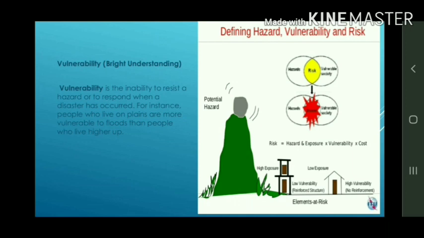Ang nasa larawan natin, yung image natin sa slide, ay isa pang halimbawa na ang mga bahay na malapit sa bangin, tulad ng nakita natin sa image natin, ang malaking bato dyan na nasa taas ng bundok ay maaaring maging isang potential na hazard kapag magkaroon ng landslide o lindol na maging sanhi ng paggalaw nito pababa na magdudulot ng malaking aksidente o pinsala sa mga bahay